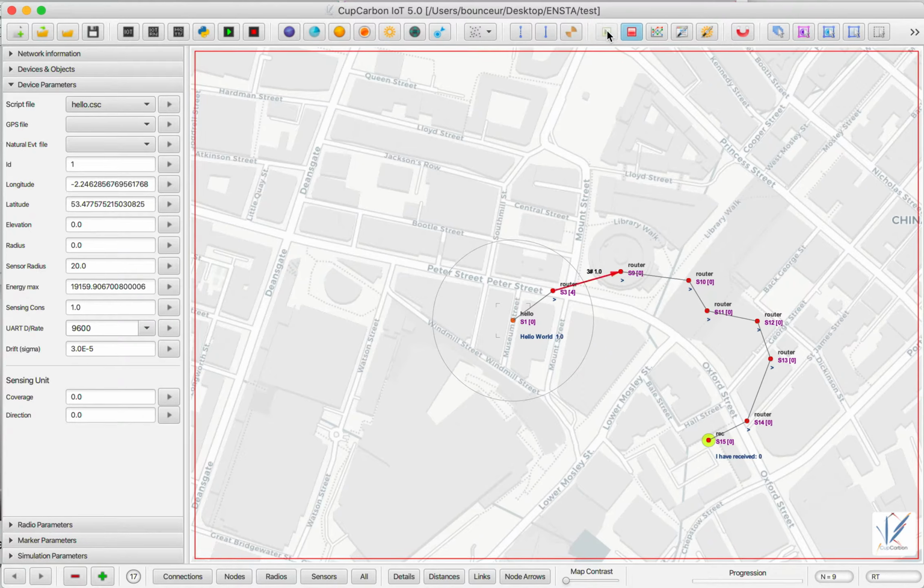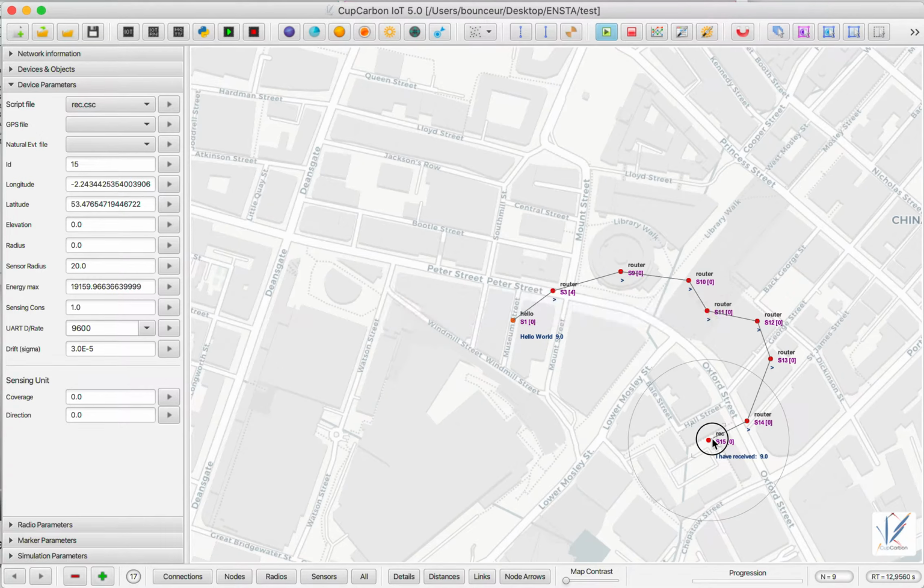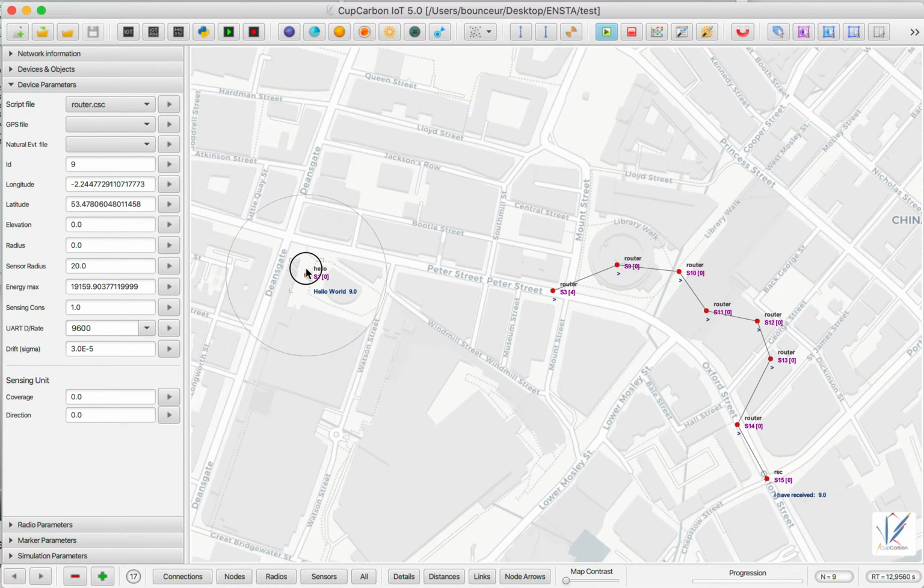See, if I run it, as you can see here, we have the transmitter and the routers and the receiver here. So this is because I changed it during simulation. Okay, let's take into account this scenario, and then to make this sensor node